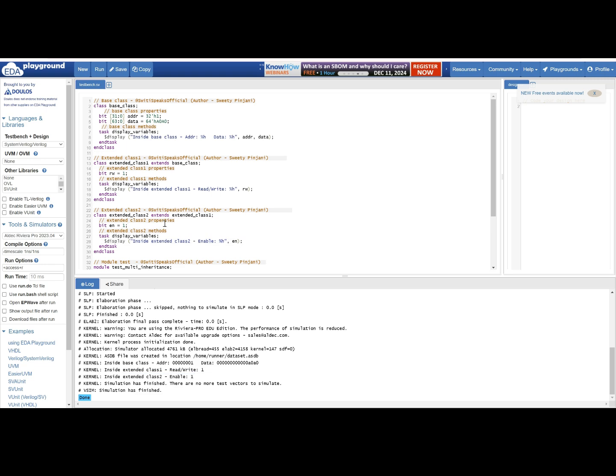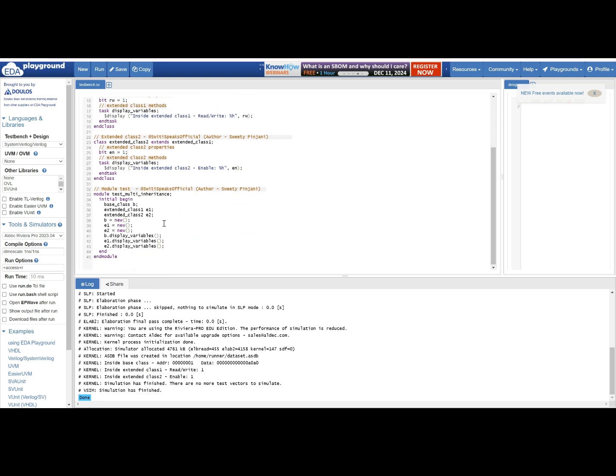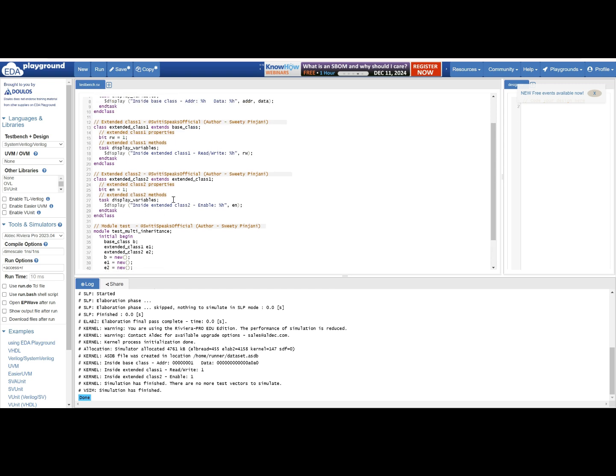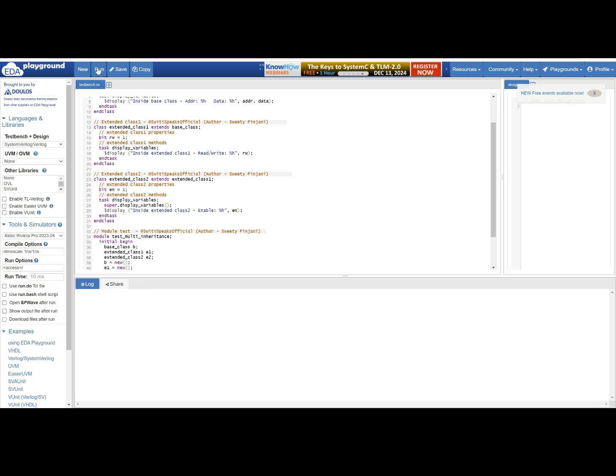Now, let us see how we use the super keyword. Say I am just calling E2's display method, and here inside E2 you will also call super dot display variables. You are calling the method from the base class of extended 2. The base class of extended 2 is extended class 1. Let us run this